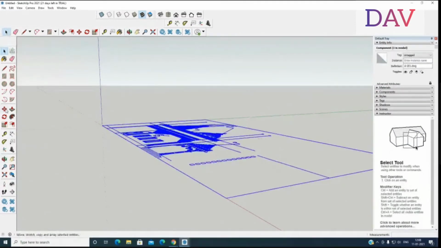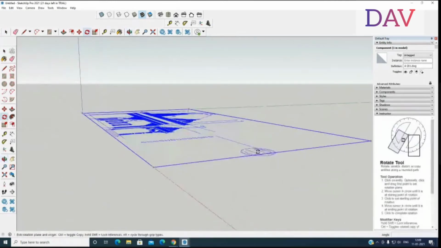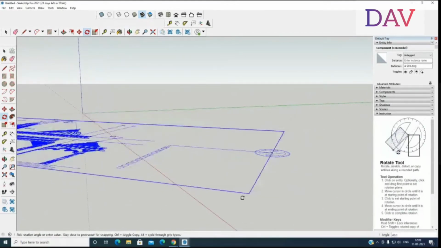If I want to rotate this, I have the Rotate tool over here, and I'm going to select it. I can rotate it in a different direction, wherever I want.